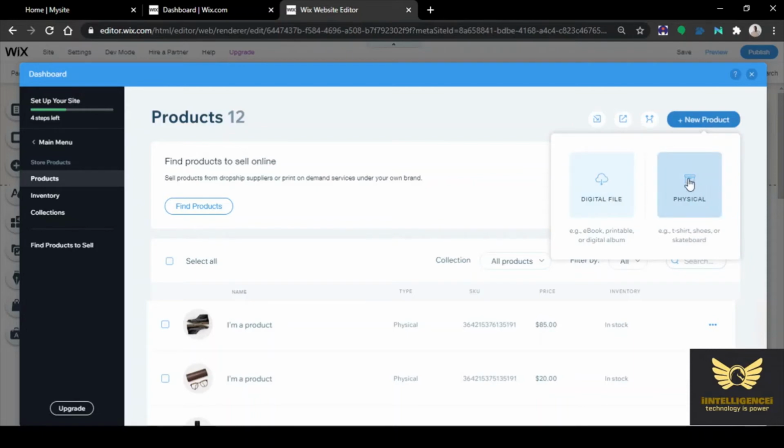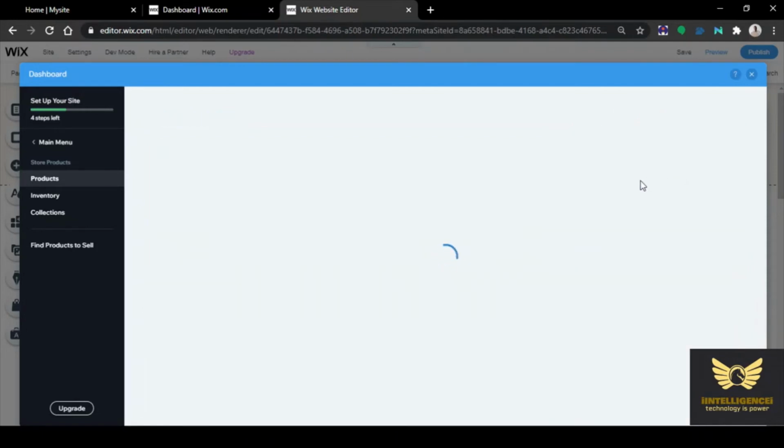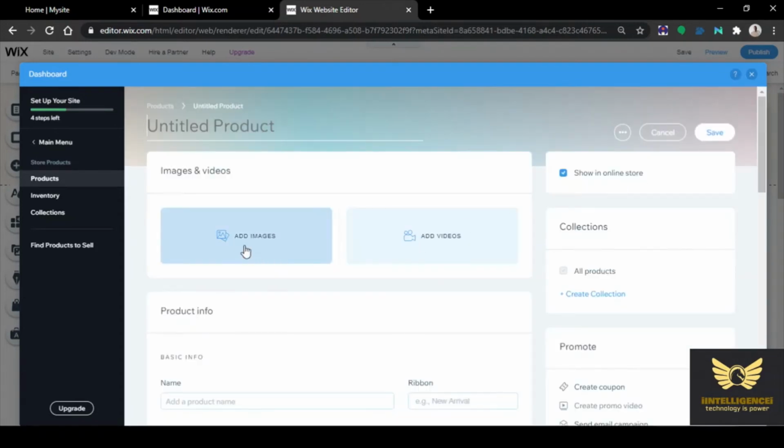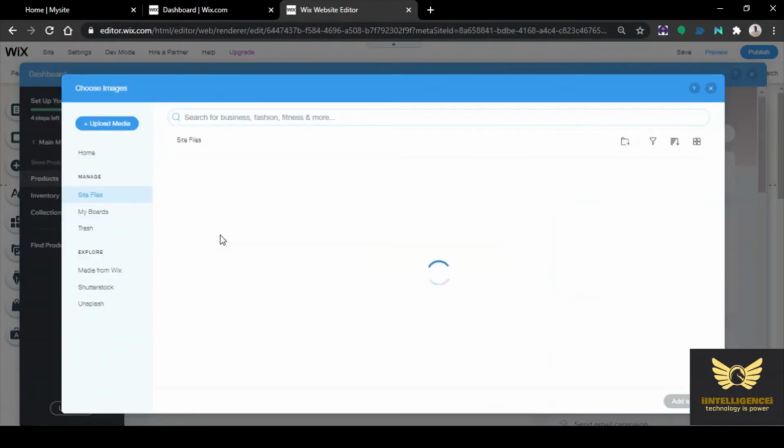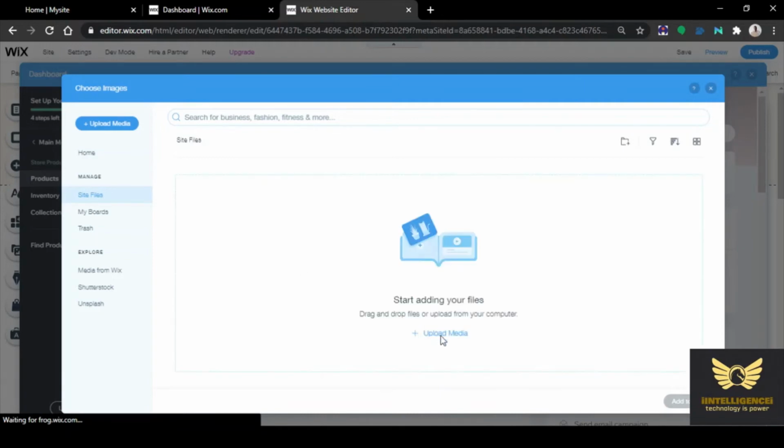Digital product or physical product. I am selecting physical product. Choice is yours. You can also select digital product. Then add images, click it. Then click upload media.